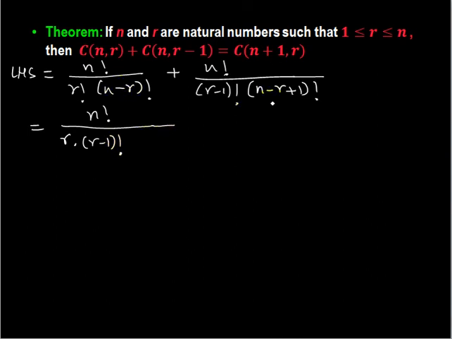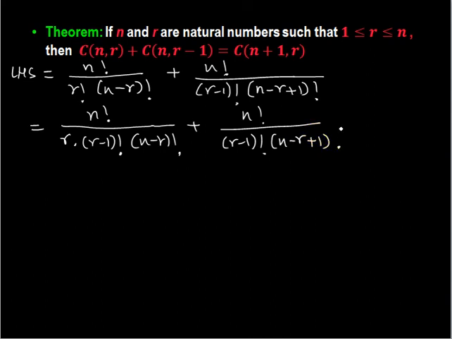In the same manner, we'll compare these two. You will find n minus r is 1 less than n minus r plus 1. So this one is larger. So in this term, I am going to expand this part. So keeping n minus r factorial as it is, the next term is now n factorial over r minus 1 factorial. This can be written as n minus r plus 1 into the natural number preceding it, so 1 less than it. That will become n minus r factorial.